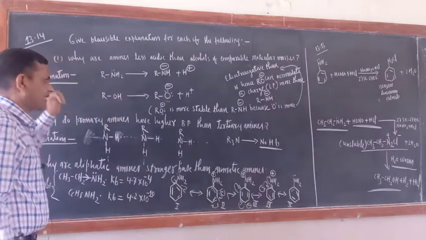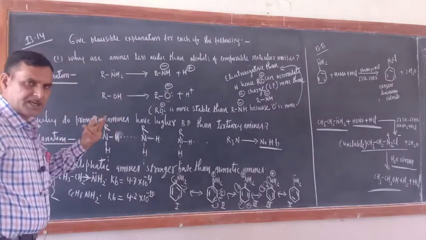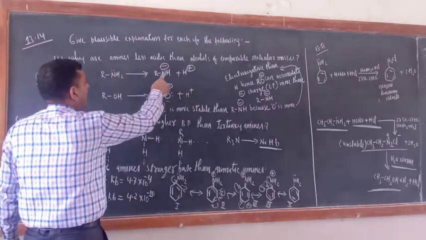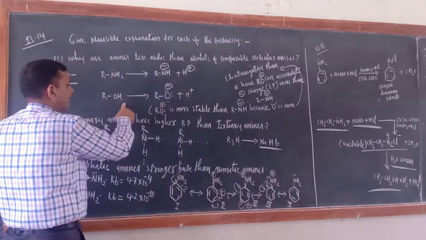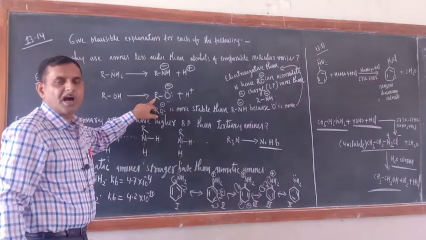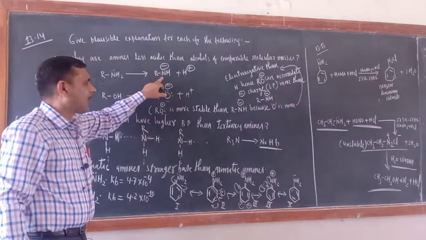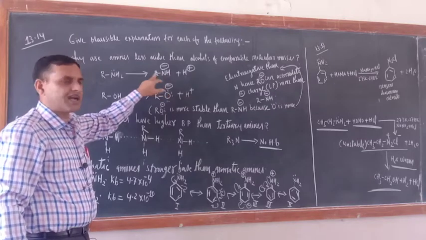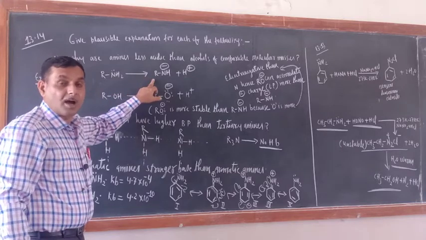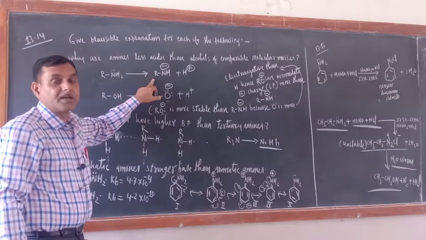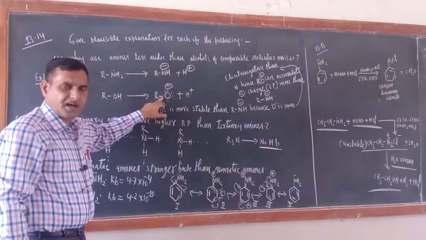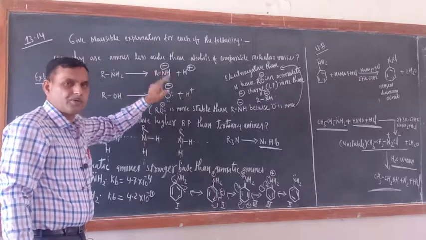Simple thing. First, what is the meaning of acidic nature? They should furnish the H positive ion. So RNH2 I took gives RNH negative plus H positive, ROH gives RO negative and H positive. RO means alkoxide ion. RNH negative, from a primary amine, is the amide ion, the amine negative ion.